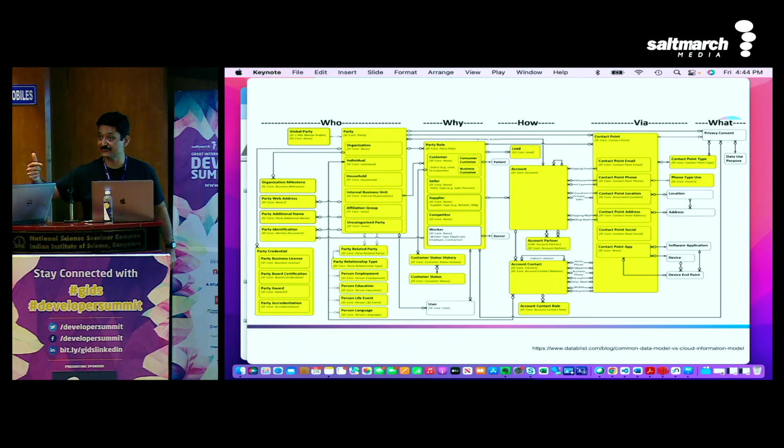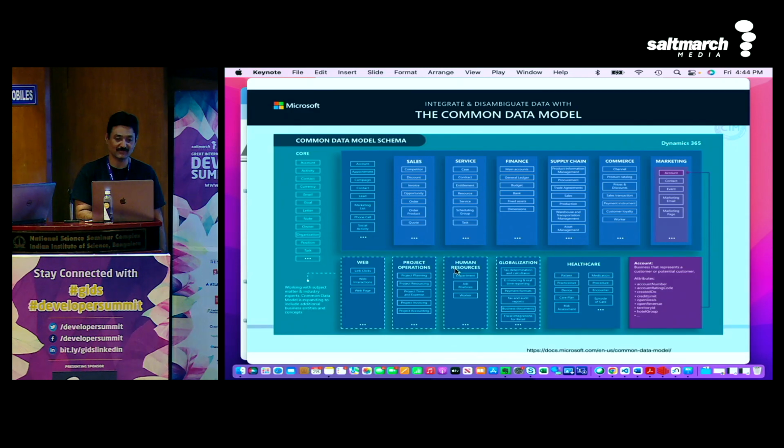Party privacy consent. If anybody here wants to implement GDPR compliance, you have to implement that. Look at this, yeah? We'll give you a good understanding of how to do that. Not only that, if you want to do CCPA, like if you're in California, you have customers. Virginia, you have customers. In the US, if you have any customer, you have to use this model to really implement the solution, okay? Now, this is another model from Microsoft.